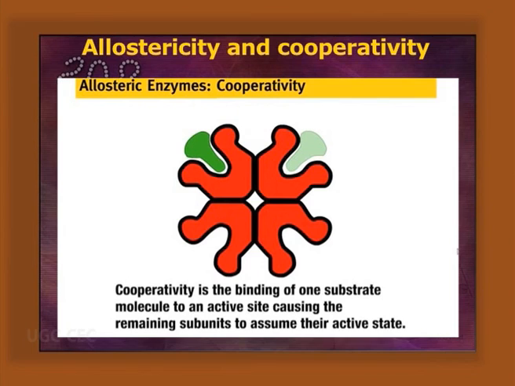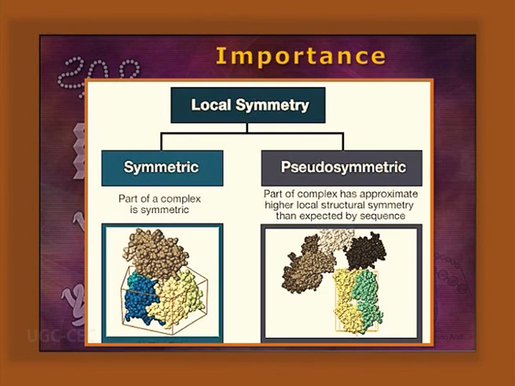Allostericity means a change in one particular subunit: the conformation and structural change can be imparted to other subunits with respect to the conformation as well as the function. So it gives cooperativity, that is, a change in function as well, enzyme structure, enzyme function, regulation, etc. Importance: subunit interaction as well as symmetric interaction. Here we can follow proper symmetric and pseudo-symmetric interaction.